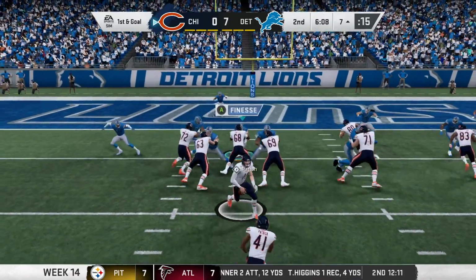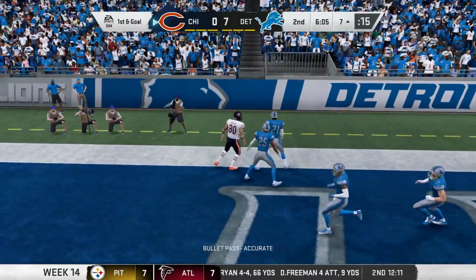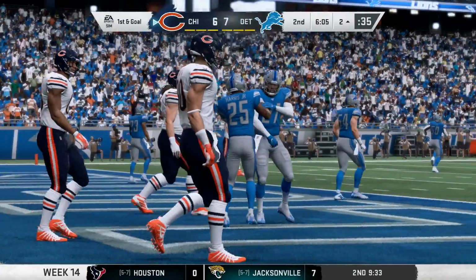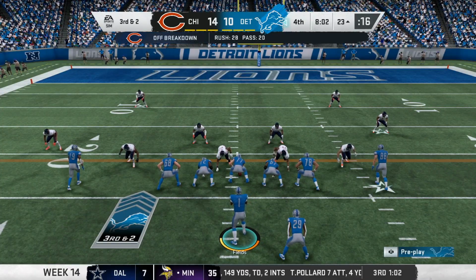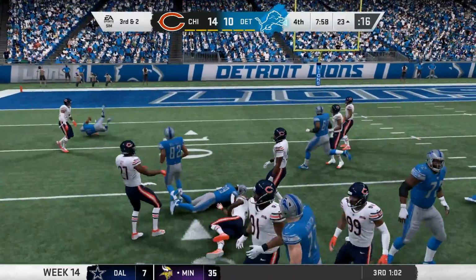You see that's kind of a trend here. We're more of a second half team, as here's Trubisky on the next throw across the middle. It's caught by Trey Burton in the back of the end zone. And they do tie this game up at 7, but maybe that's just our identity. Maybe we're a second half team. I don't know. So let's fast forward here, and our 10-game winning streak might be on the line as we're